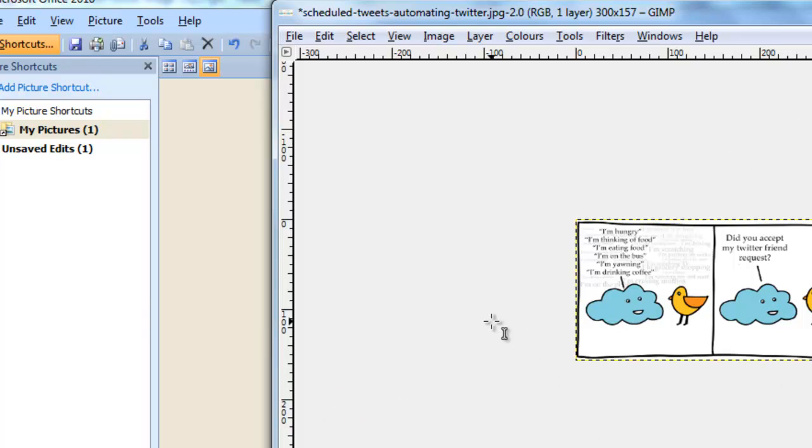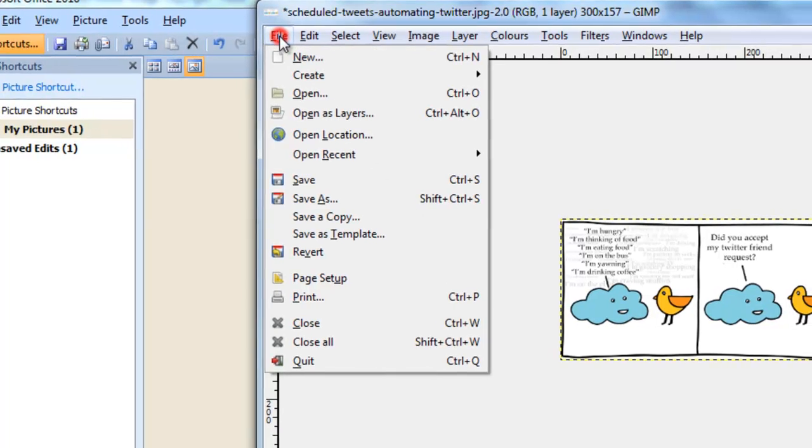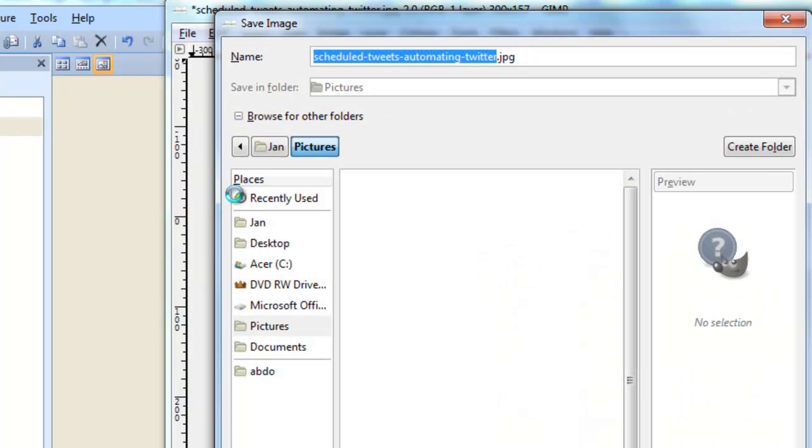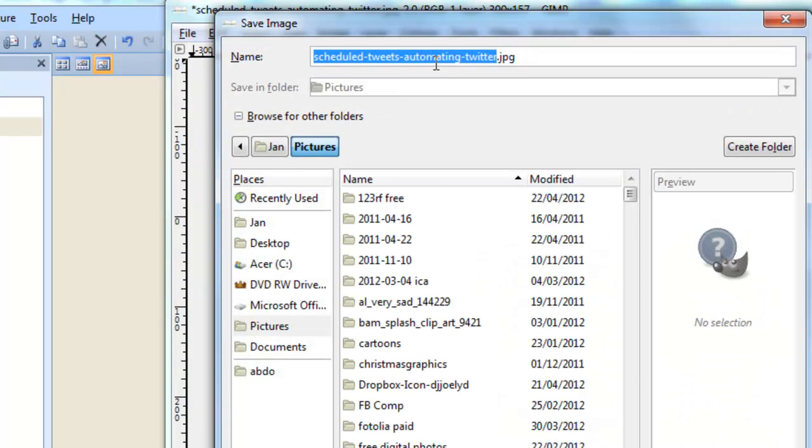Now while we're actually editing these images, one thing I want to say is, once you've edited, save them as a keyword phrase, preferably with the exact keyword that you're targeting. If not, do something that's related to it. I'll talk more about that when I show you how to upload. So if I go to save as, you'll see that I've saved it as scheduled tweet automating